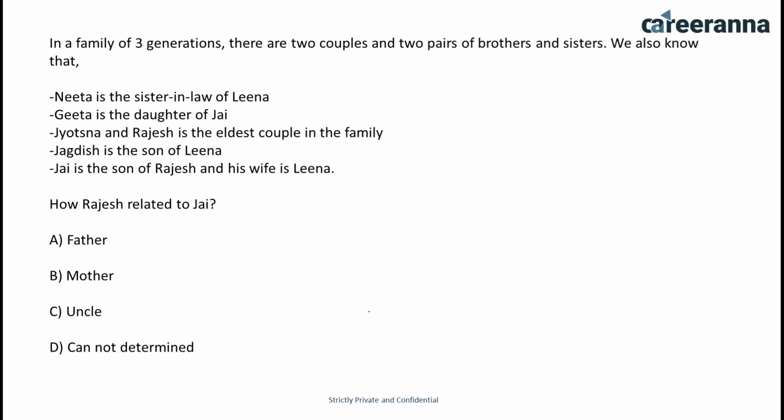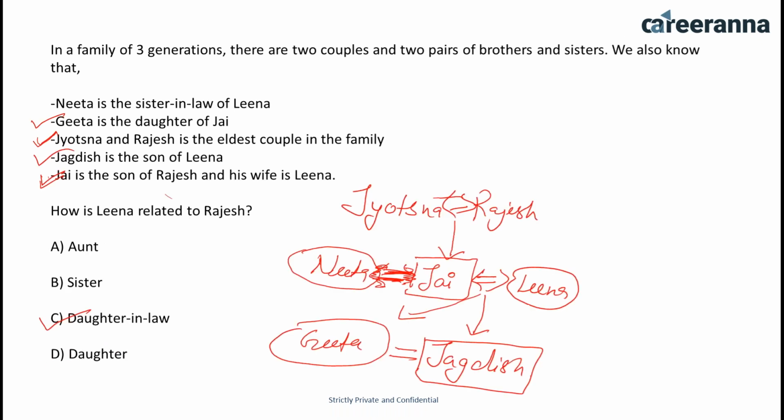Very good. So you all made the same mistake which I told you earlier. If you see here, Jyotsna and Rajesh are the couple. Chirag, for these questions, you can easily solve them in just 1 or 2 minutes. If the question has some subsets, then you can use 2 or 3 minutes, because you are solving again 1 minute for each question.